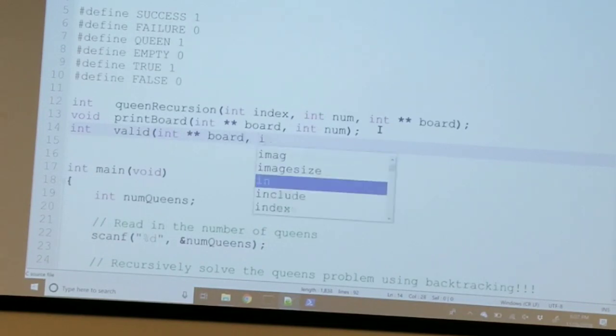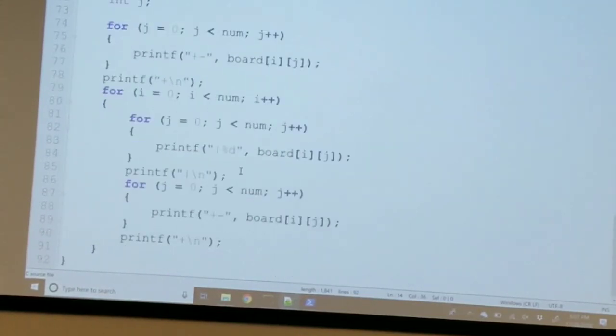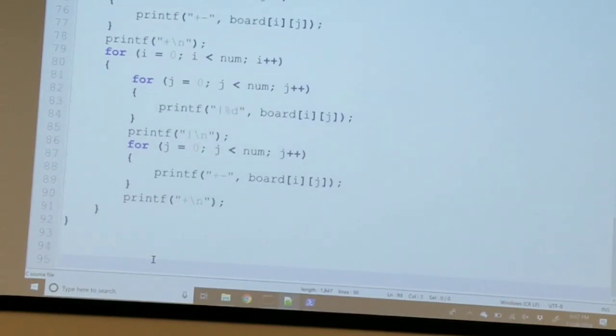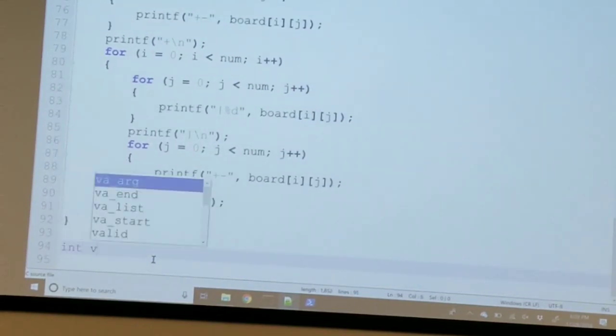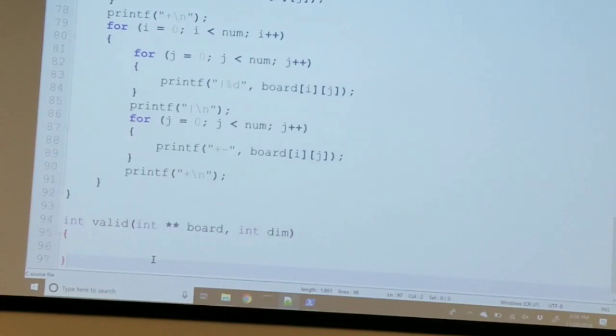And then it takes in the number of positions, the dimensions of the board, so that way we can go through the board and make sure that everything's good. So I'm going to go down to the bottom and then begin working on that valid function. So int valid, it takes in the board, takes in the dimensions of the board, and then we'll hopefully return